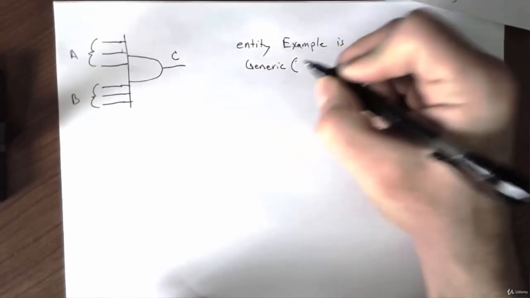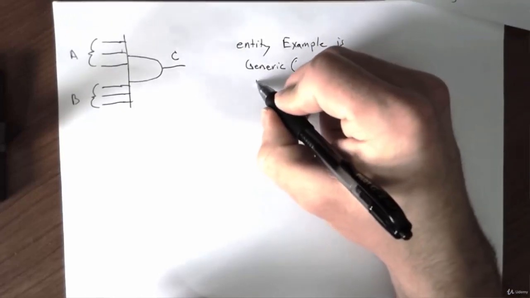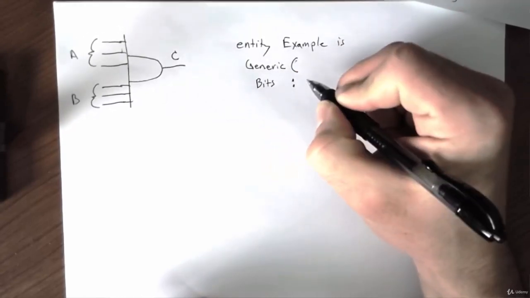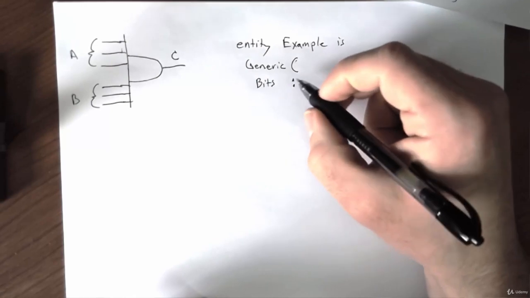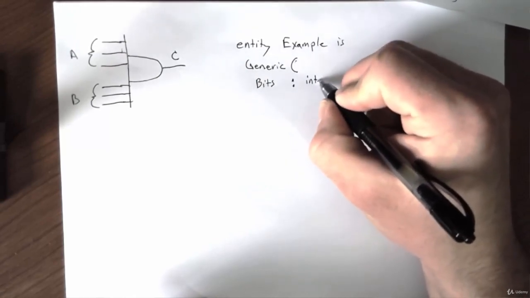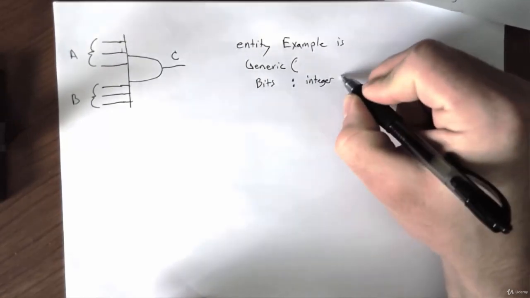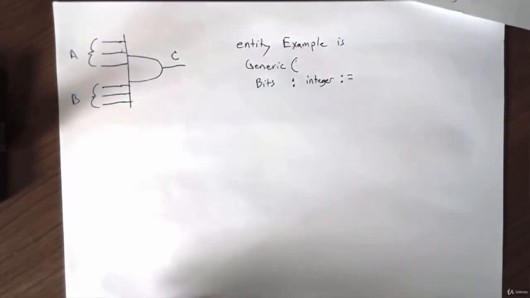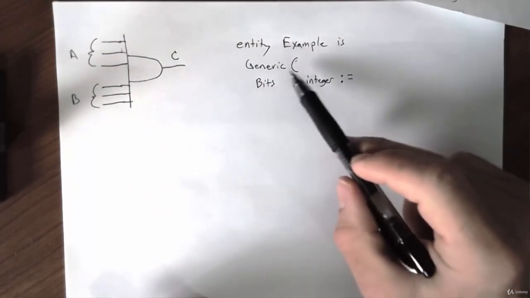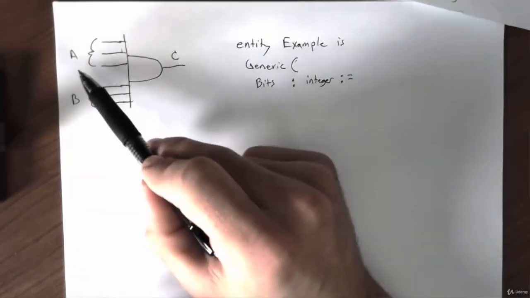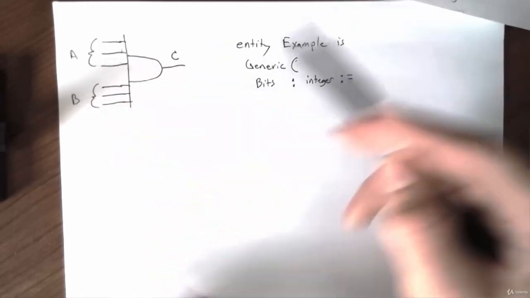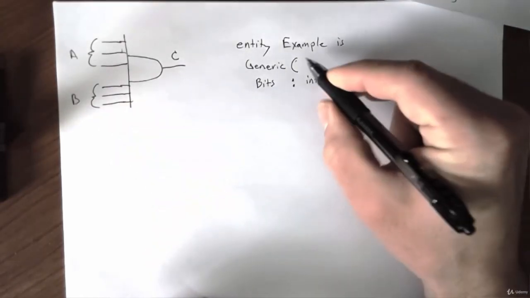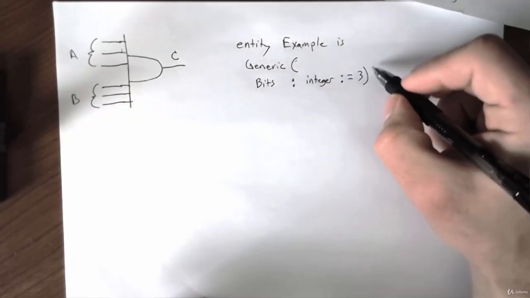and we have to define the name. We're just going to call it bits, so BITS, and then we do a colon, and we give it the data type. We're going to call this one just an integer, and we have to give it a value, which is a colon equals. In this case, we're going to give it the value of 3 because we're going to use this generic bits to define our A and B inputs. So we'll give it a value of 3,